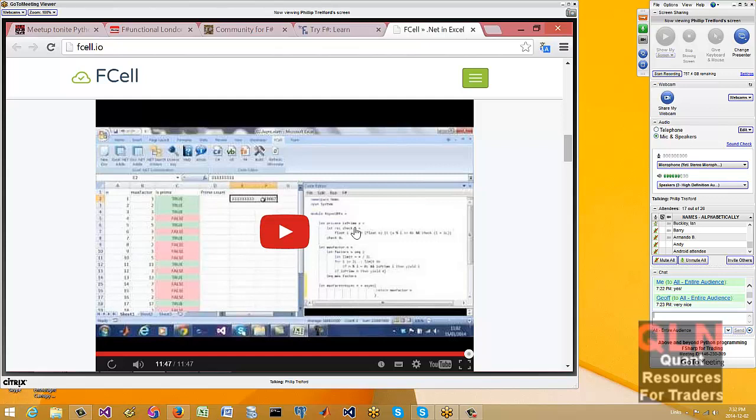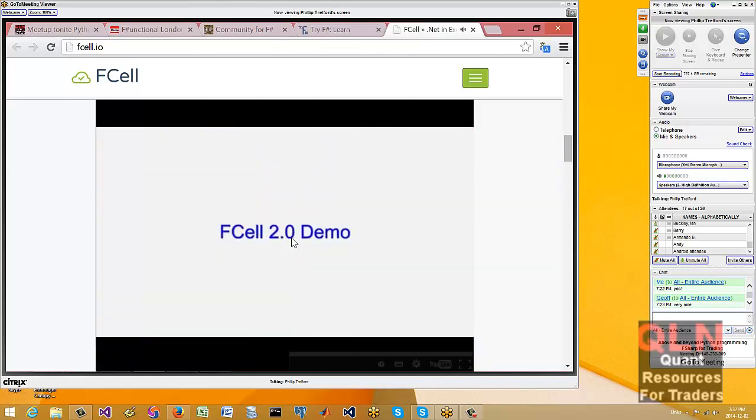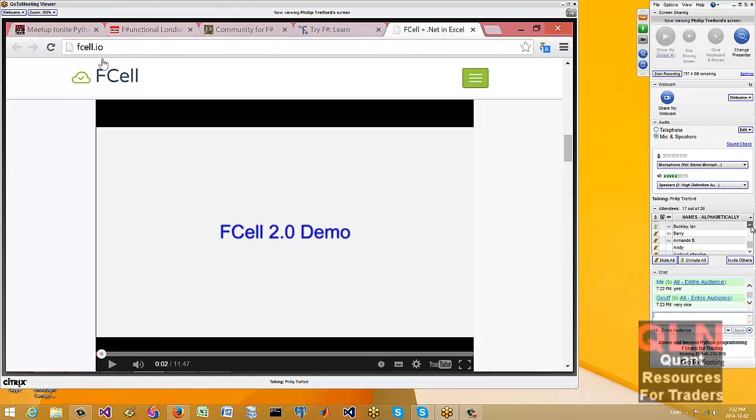And all the things that we could do with the type providers, with World Bank and so forth, are available. And welcome to FSL 2.0. The URL is fsl.io. I'll let you do that one at your own leisure.